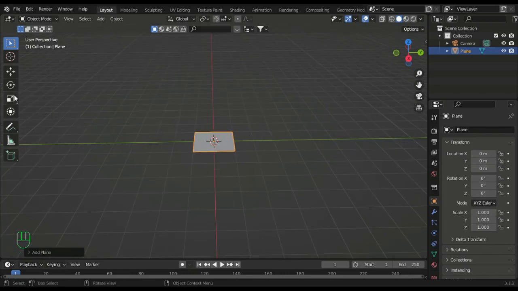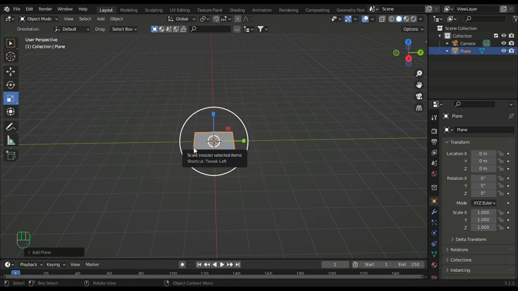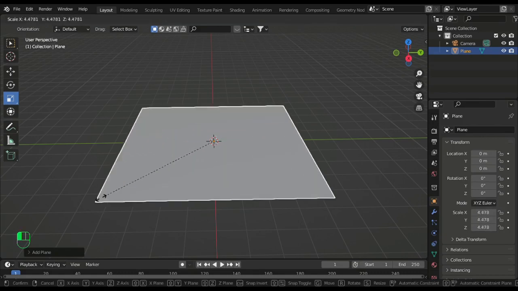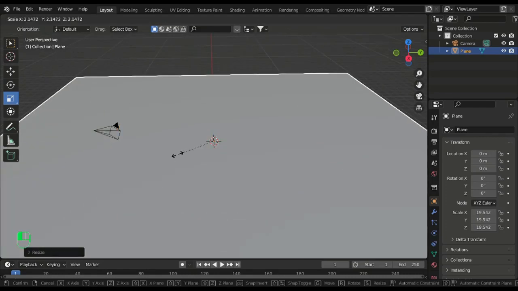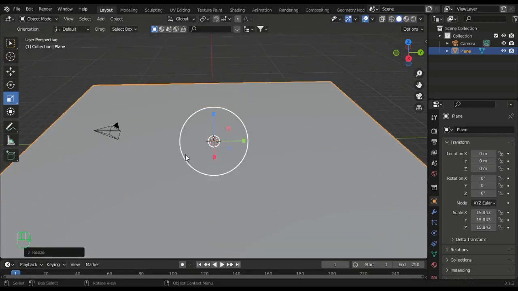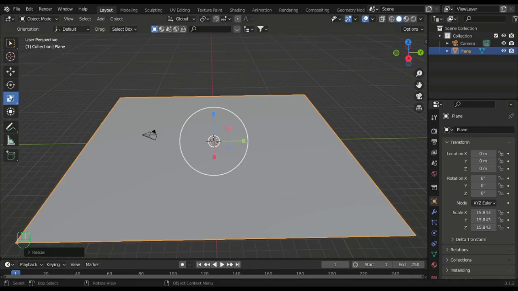You're going to want to scale it up a little bit by selecting this little thing, and scale it how you want to. As big as you want, I don't really care. Sort of like that. You're going to select the arrows, and then press Shift D to